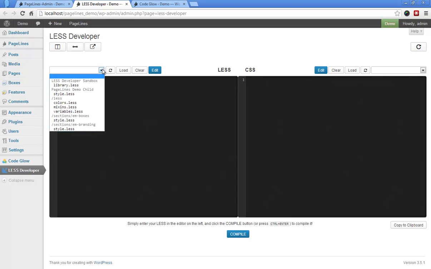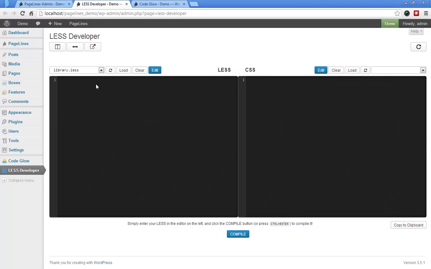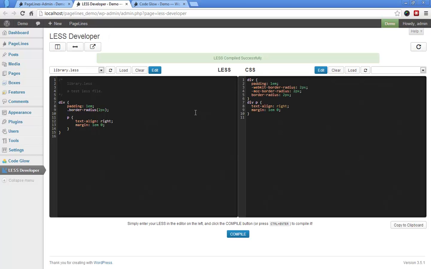So I'm going to go ahead and load up a file here. I'm just going to load up this one called library.less. Takes just a second to load. And we see our input, and then if I just Control Enter, it will compile it and show it over here. Now from here we can mess with this,